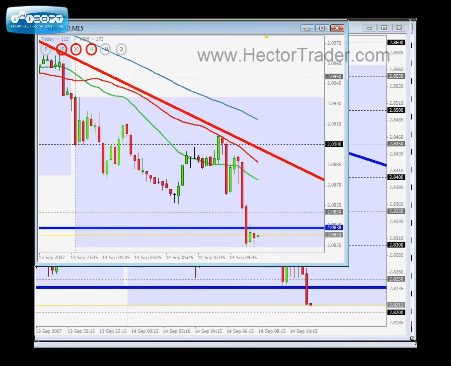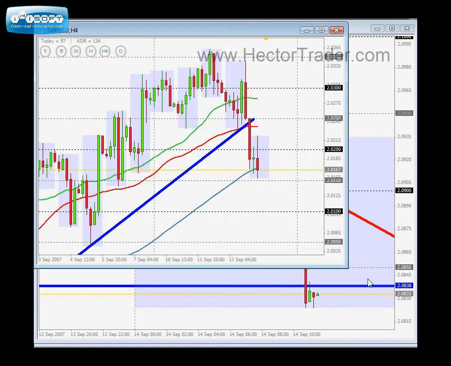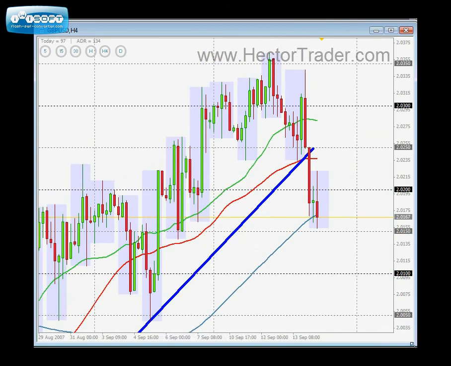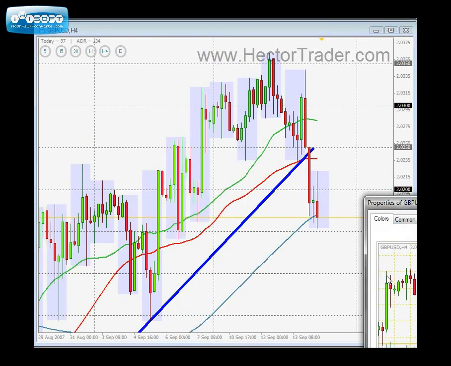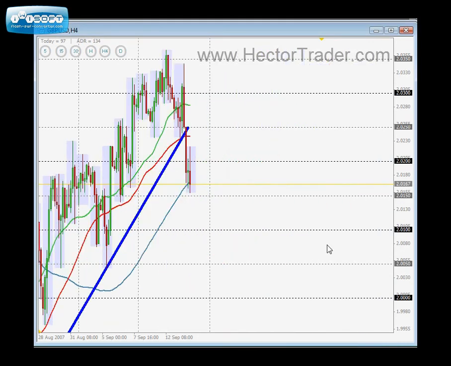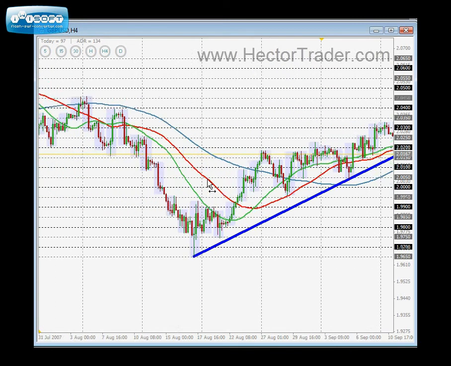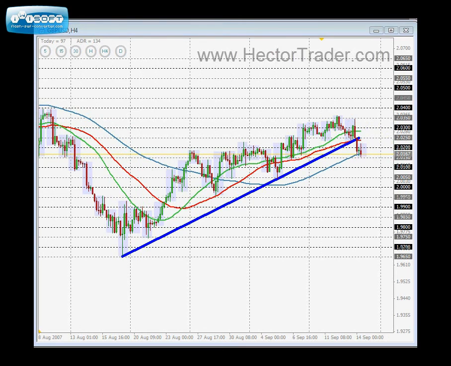The reason why we are seeing weakness across the board on the sterling pound, from a technical point of view, is because, let me pull out the sterling pound, the cable, against the American dollar, and zoom it out a little bit, and you will see that basically that uptrend marked in blue in my charts just got broken in the overnight session. You know, when a trend line is broken,